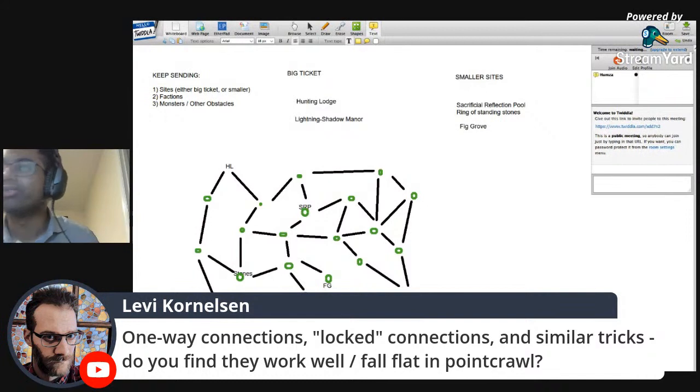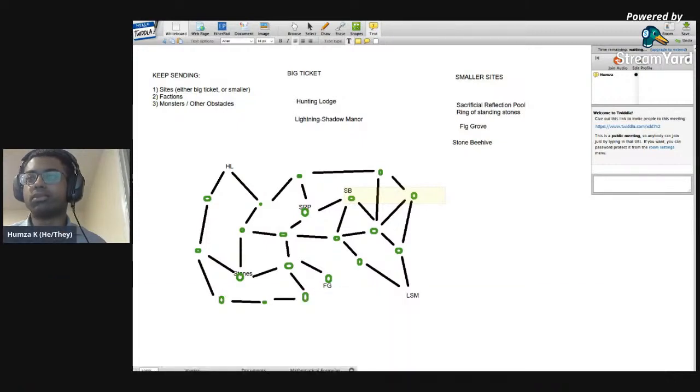Michael's adding Stone Beehive as a location. Stone Beehive. All right, so I've put the Stone Beehive. Richard, can you take the text down? Thank you. Okay, so I put the Stone Beehive up in a part that's